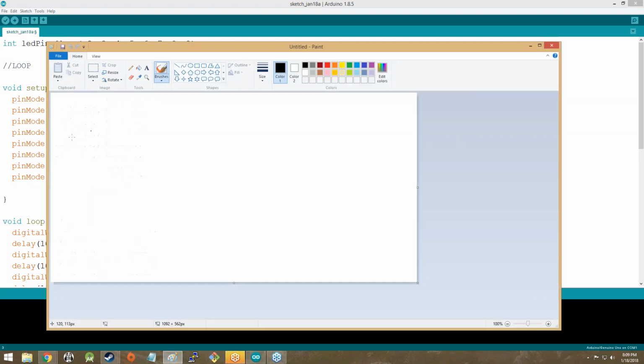Let me pull up my paint. The loop allows you to repeat all kinds of code. A loop, basically, all it does is it says, hey, everything inside my loop here will get repeated over and over again for as long as I say. This is an I. Repeat I times, I being some number